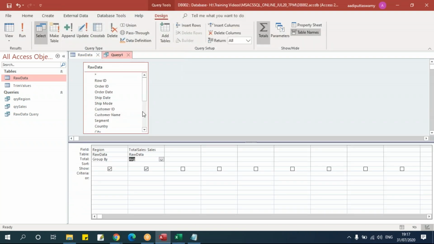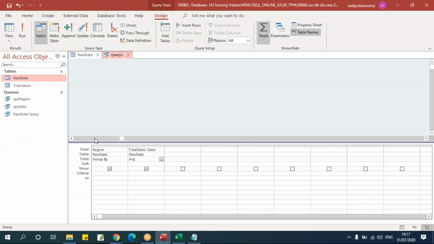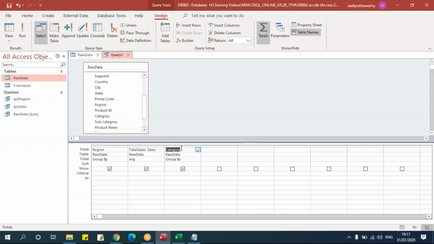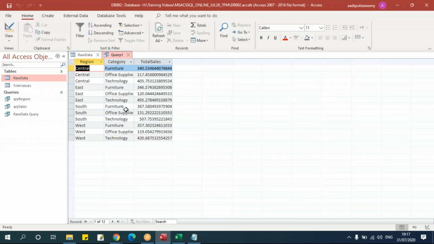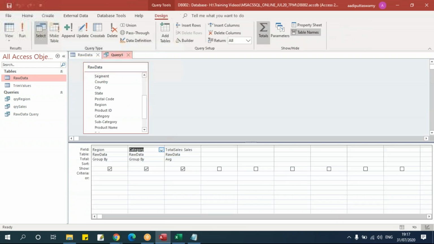Let me put this category here. If I run this, the average will change now, because it is taking region and category, and then based on these two combinations, it is giving me the average.